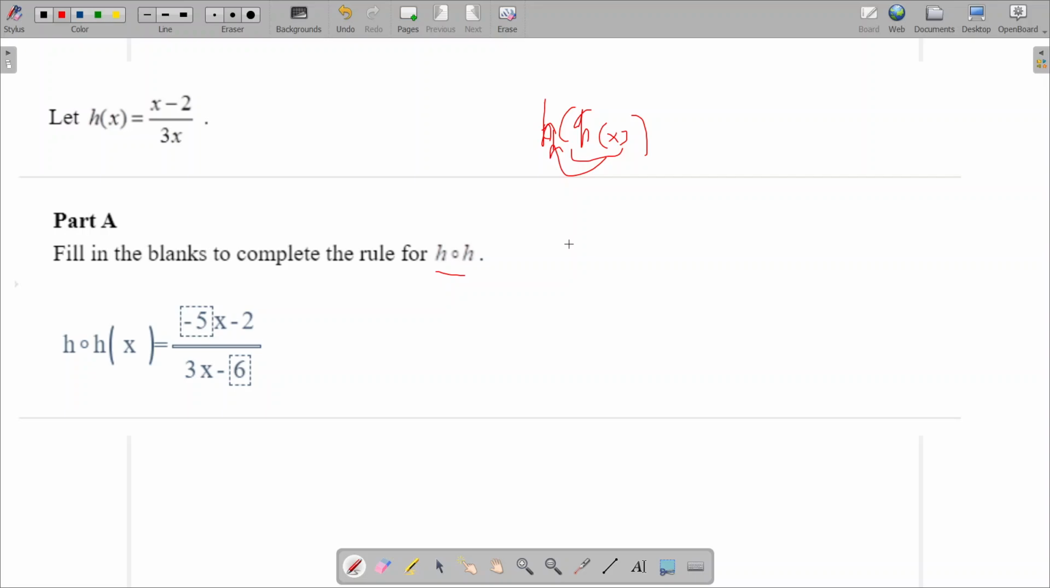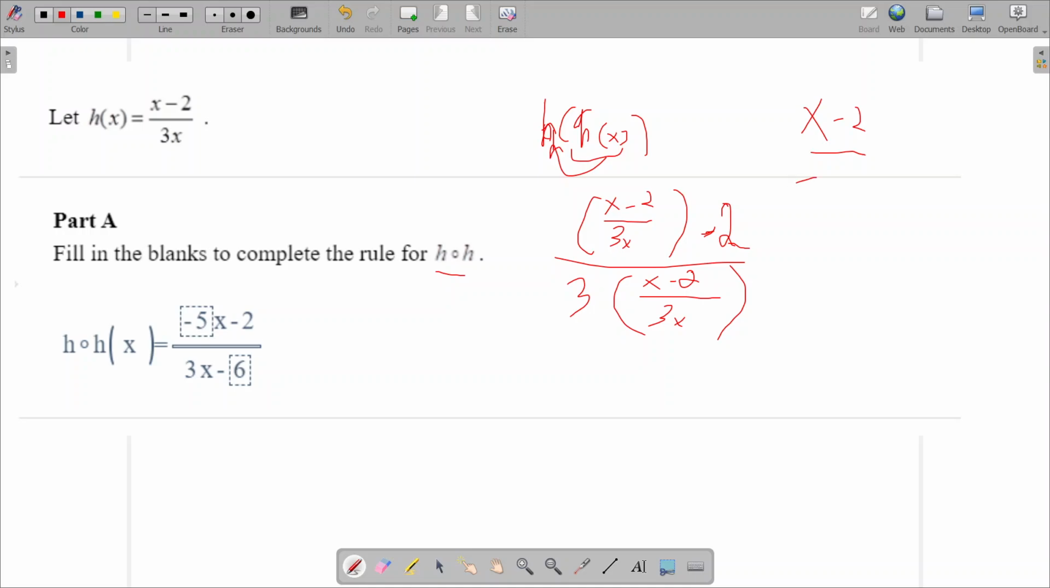So we're going to copy x minus 2 over 3x minus 2. Now 3x: instead of x, we put x minus 2 over 3x. Okay, now what you want to do? Subtract that 2, get rid of it. So x minus 2